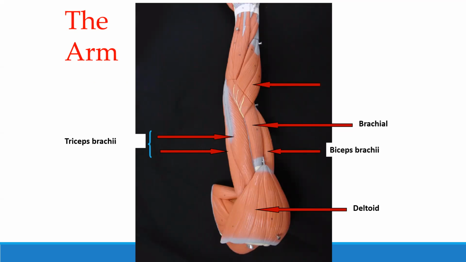Another muscle that we see on the arm starts in the upper arm and ends in the lower arm. This is called the brachioradialis. This is the muscle that allows our radius to do what it does, to turn. It allows the radius to rotate. The head of the radius rotates around the capitulum. And by doing so,